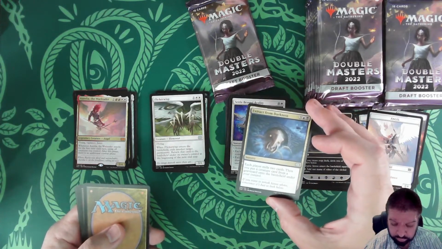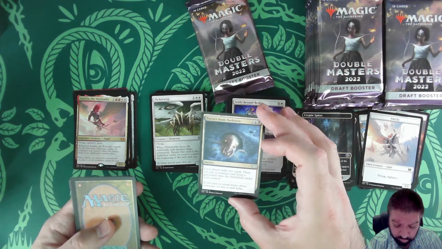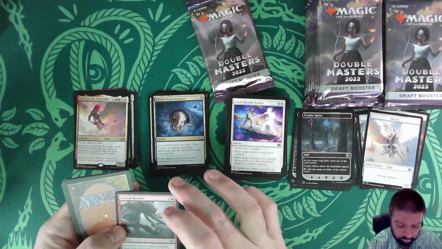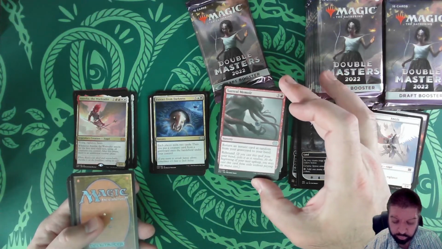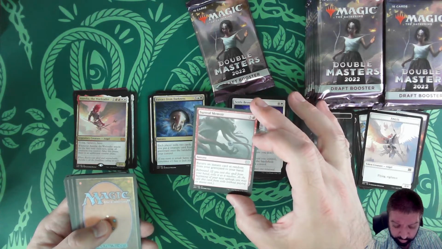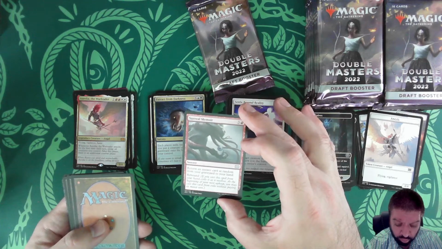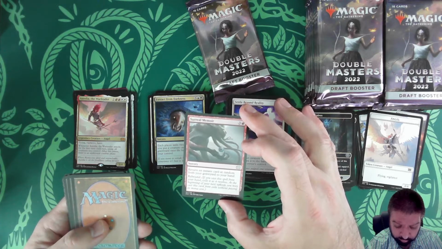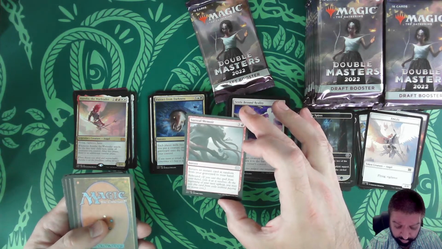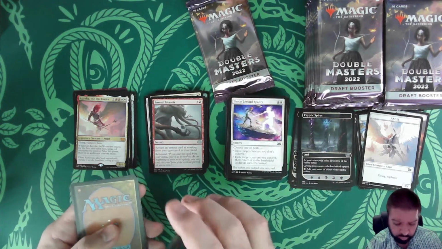Extract from Darkness. Each player mills 2 cards, then you put a creature card from a graveyard onto the battlefield under your control. Sounds like a decent uncommon. Surreal Memoir. Return an instant card at random from your graveyard to your hand, and it has Rebound. So if you cast this spell from your hand, exile it as it resolves. At the beginning of your next upkeep, you may cast this card from exile without paying its mana cost. So if you have some valuable instants that you want to recur,